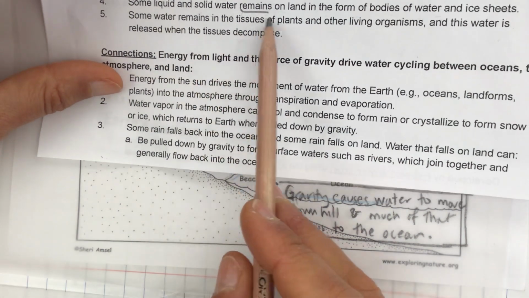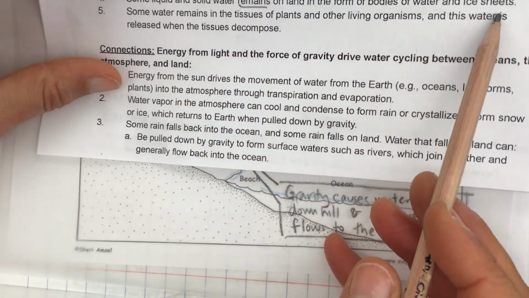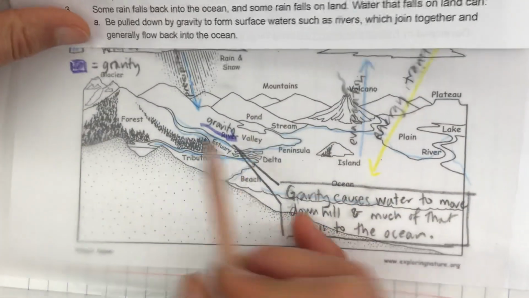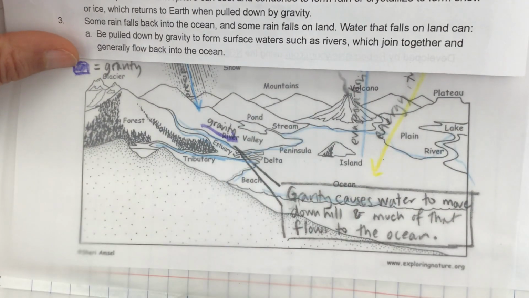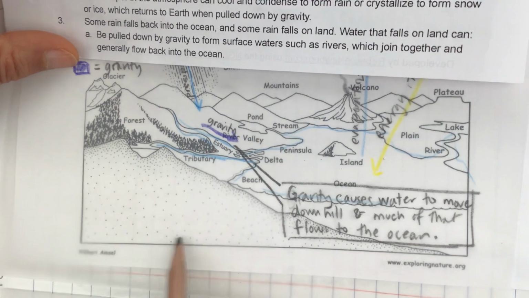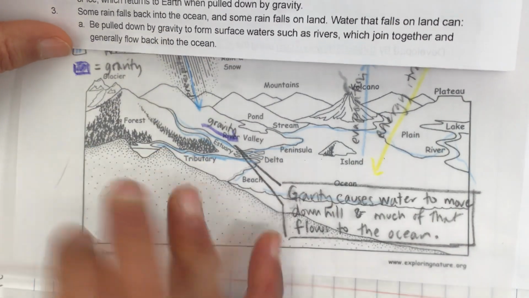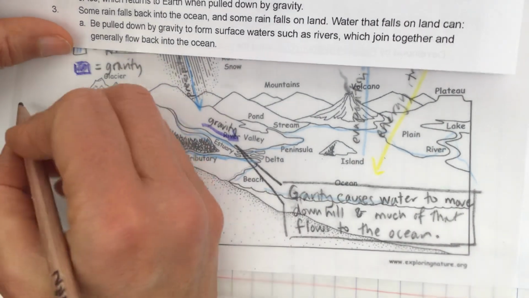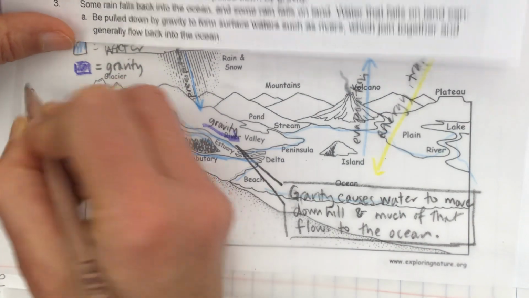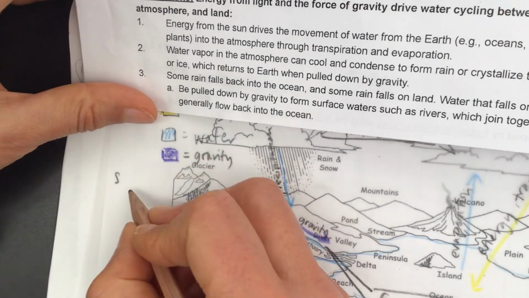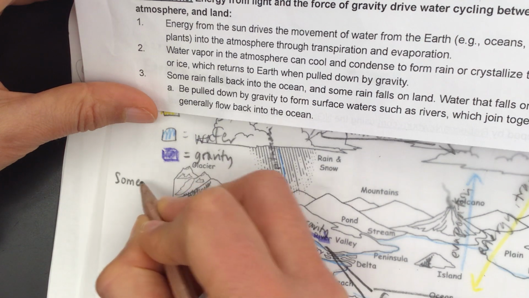So some liquid and solid water remains on land in the form of bodies of water and ice sheets. I appreciate Henry noticing we have a big space here. I'm going to put it over to the side because I know something else is going to go here later, so I'm just going to clue you into where. Oh, we can't see. Okay, thank you. So I'm summarizing: some liquid